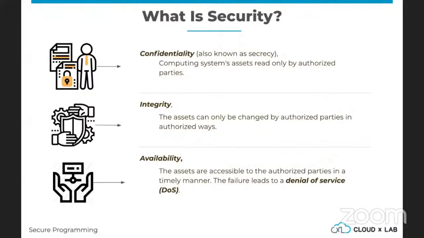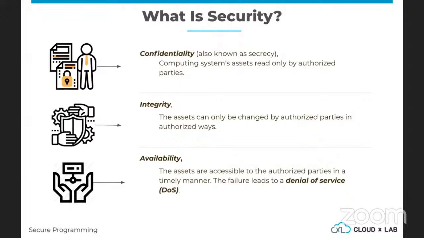We call it secrecy, or sometimes just privacy. Whatever assets are there in a system should only be read or accessed by authorized parties.